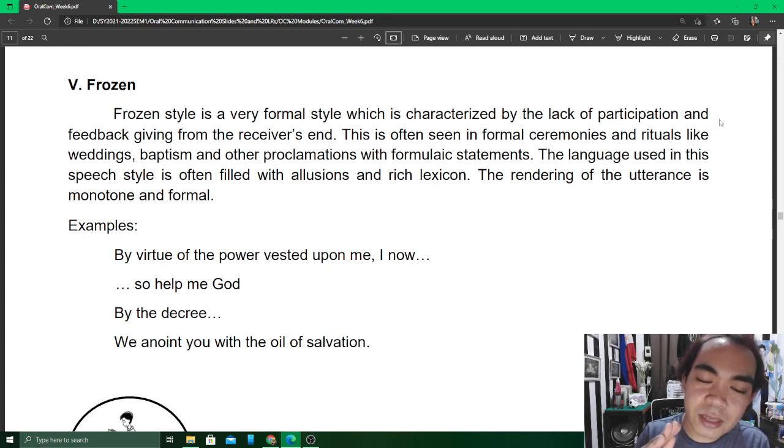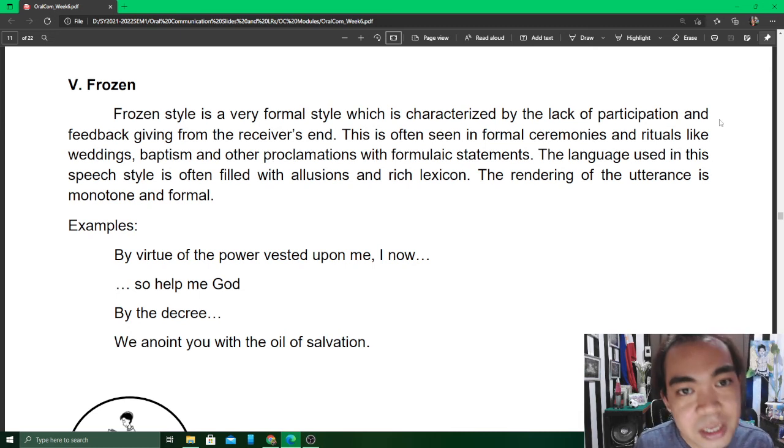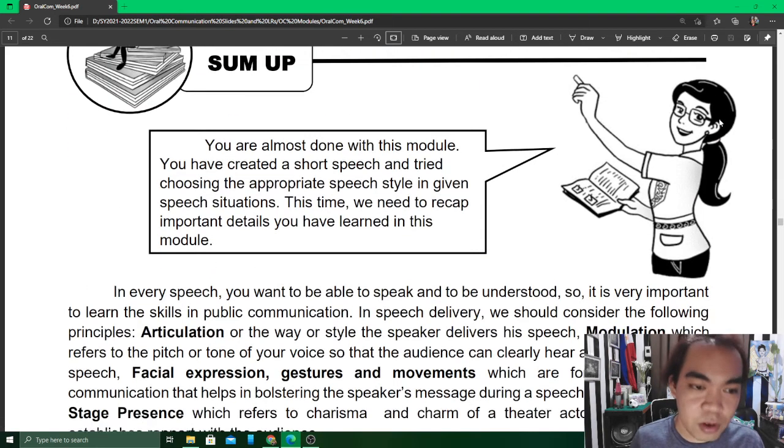Ang example siguro kung sa mga Catholic ka, ang ginahambal sa pari sa particular parts of the mass. May mga nagalain-lain na everyday, pero may mga part man nga repetitive na siya, kay established na sa amo nga adlaw, amo nga type of belasahon ang gamito. Okay? Amo na ang example sa mga frozen styles. Mga nasulat na sila sa kasulatan, kag ginasulit-sulit lang if we undergo these procedures. That's why we call them formulaic statements. May formula na, may arrangement na ang words.